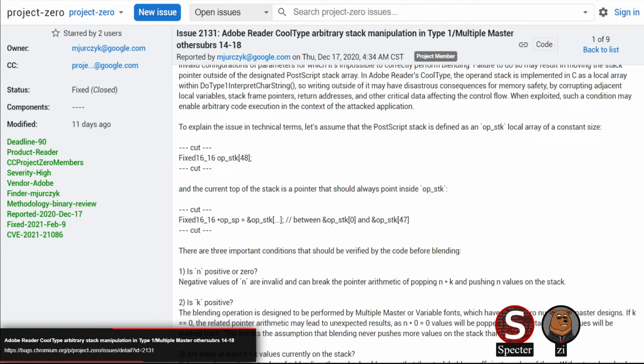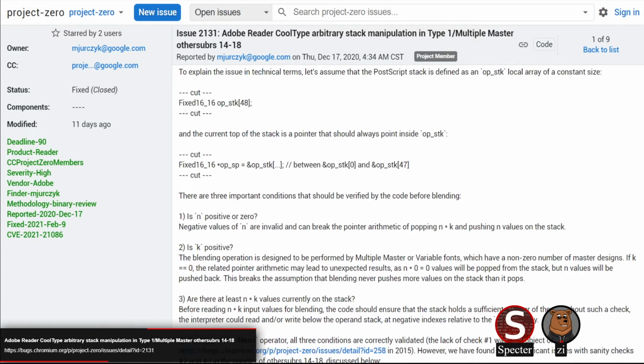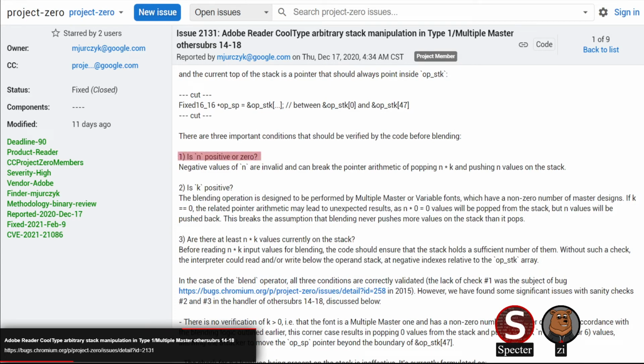So there are multiple edge cases that have to be handled here. Obviously, n cannot be negative or zero, because you can't have a negative or zero number of values on the operand stack. You should have at least one, so it'll mess with the pointer arithmetic if it's zero or negative. k also can't be zero, because if you're specifying a variable font, there's supposed to be one or more variables, and anything times zero is zero.